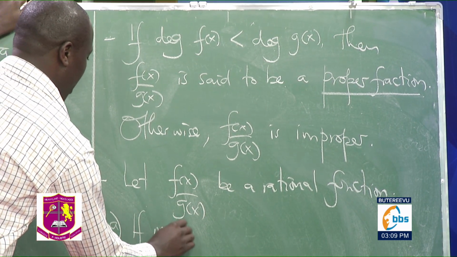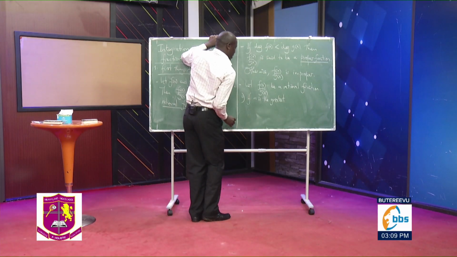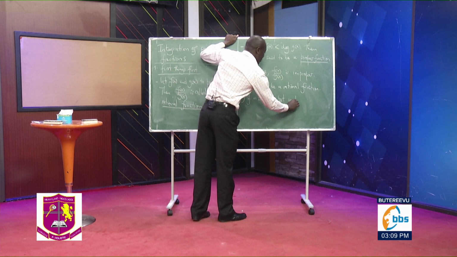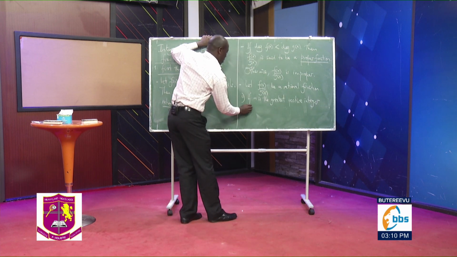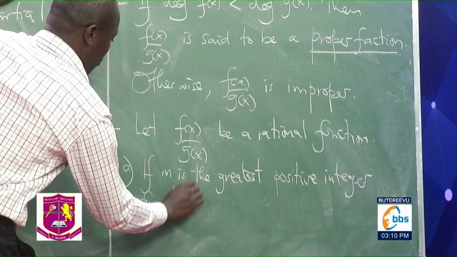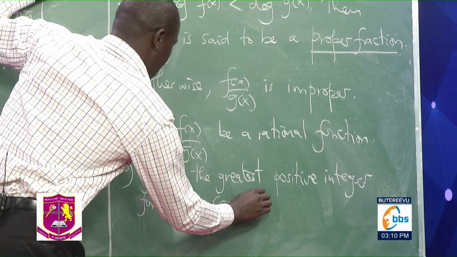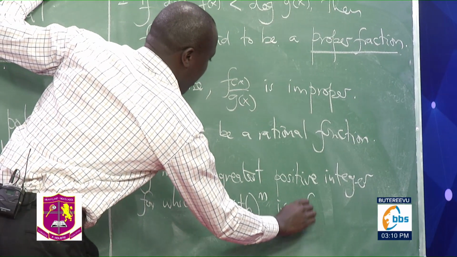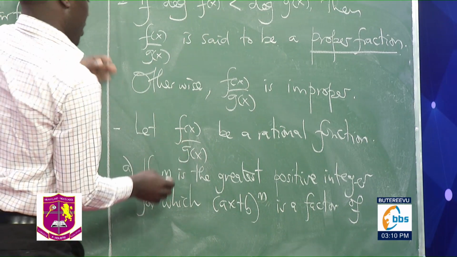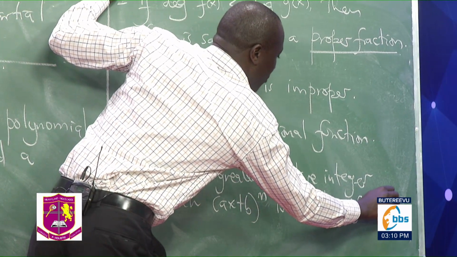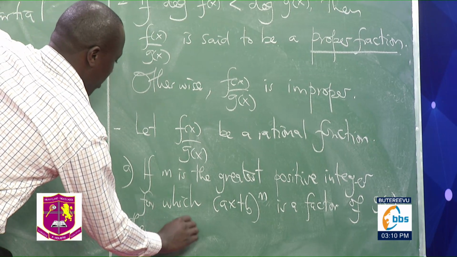If m is the greatest positive integer for which ax plus b to the power m is a factor of g of x, the denominator, then ax plus b